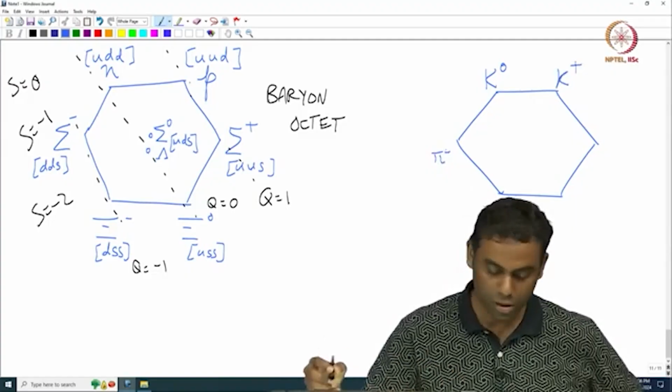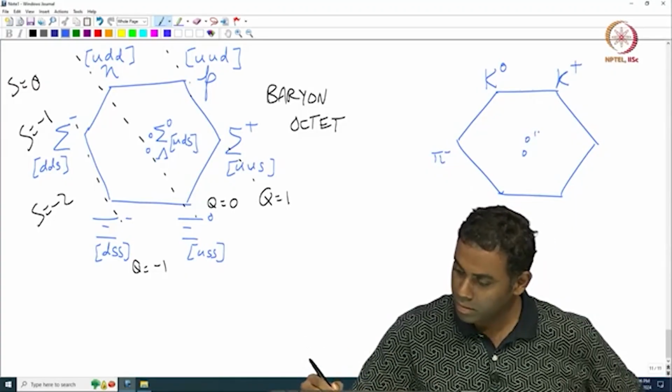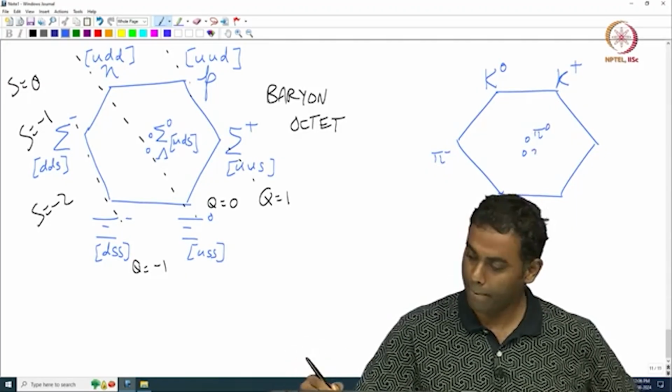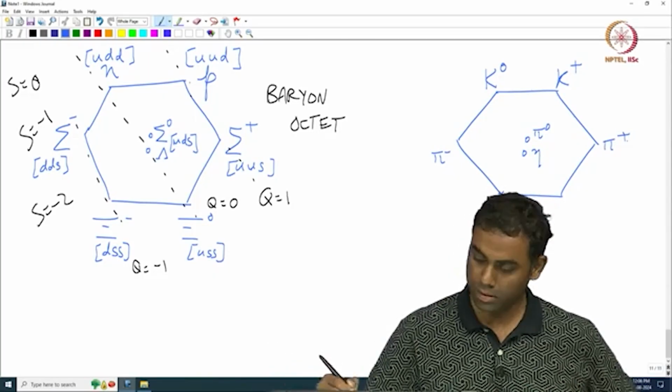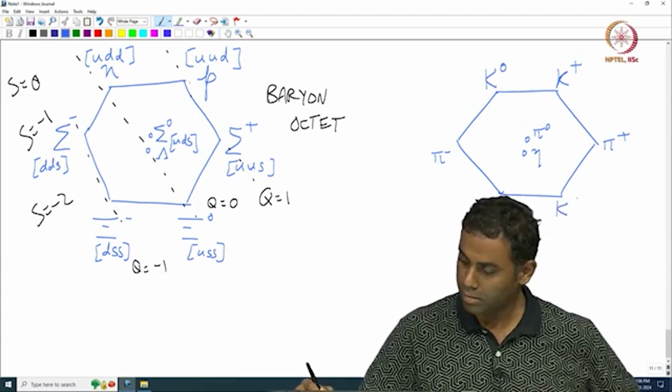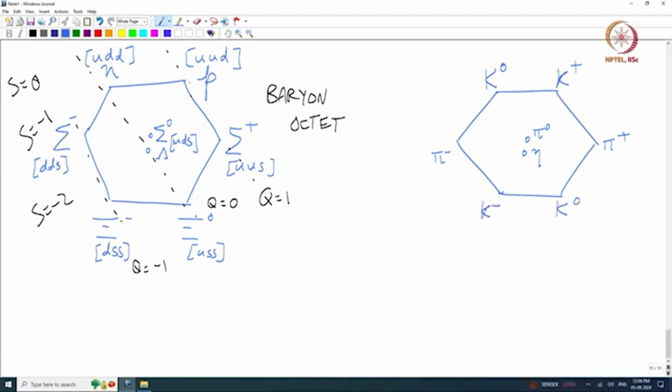So if these are baryons, what are these that I am writing down? Mesons, yeah, these are just mesons, good. And this has a very particular notation, it is a K bar 0. This is the meson octet,